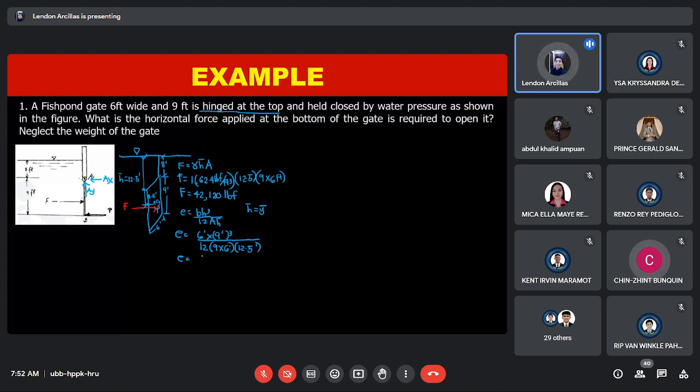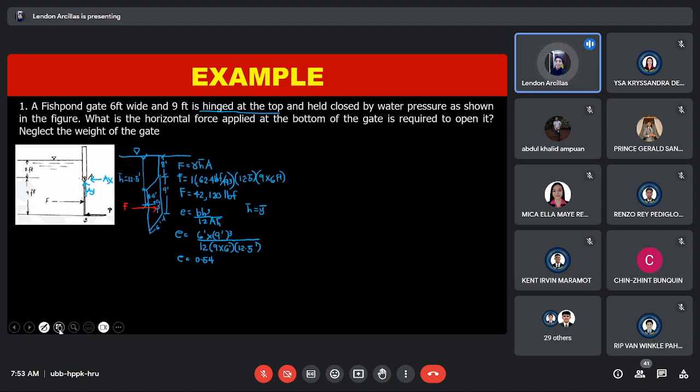Okay, so the value of E here is 0.54, or the eccentricity. Eccentricity is the distance from the centroid to the center of pressure. So we can now find the location of our F, which is 0.54 from the CG. Okay,